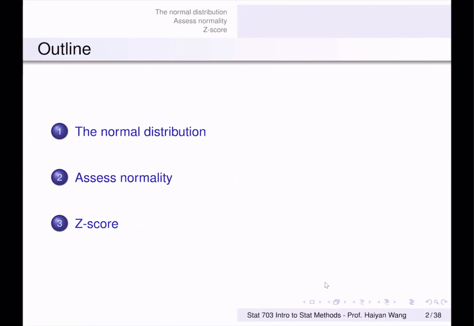In this lesson, we will learn normal distribution. Normal distribution is one of the most commonly used distributions in statistical inference. A lot of our later procedures, including confidence interval and hypothesis test, will all rely on this distribution. In some cases, we need to assume the data follows normal distribution, and in some other cases, we do not